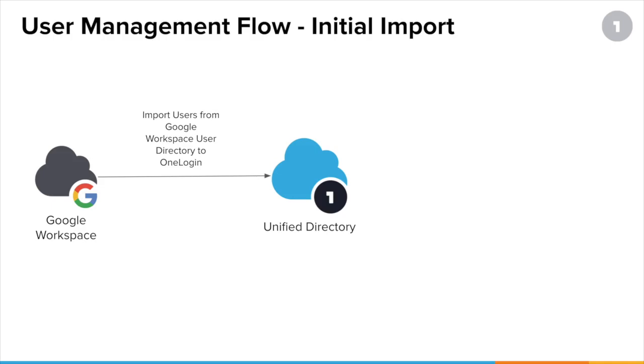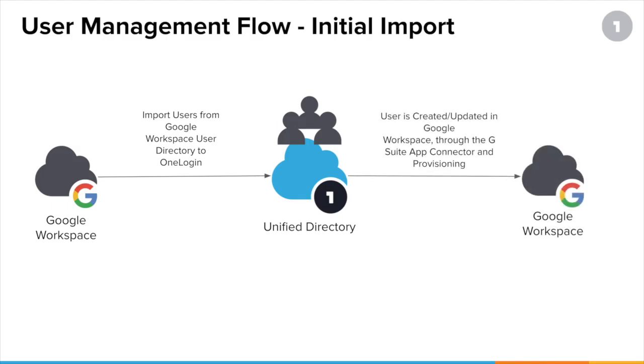Once the directory connector is configured, you would simply import existing users from Google Workspace into OneLogin. And from there, of course, they could then be assigned to a role that could automatically assign them to Google Workspace, so they can utilize all their resources there and single sign-on from OneLogin. In this setup, you would consider OneLogin to be your source of truth for user information going forward. So after you do that initial import, you would disable that G Suite directory connector,